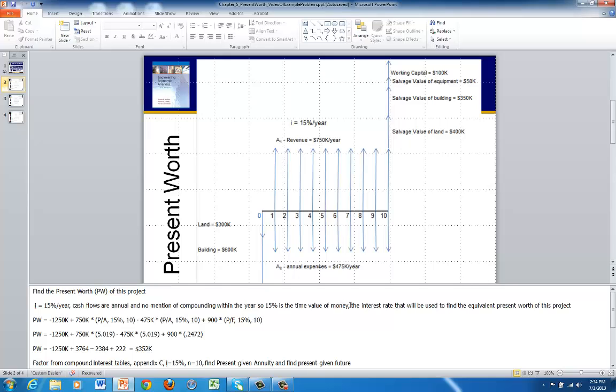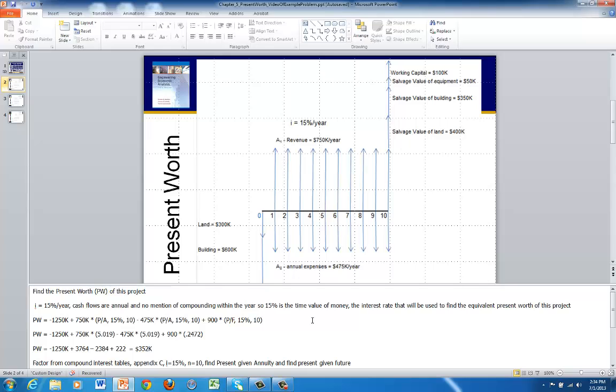And as was stated in the problem, it's the minimum attractive rate of return. It's the hurdle rate, so we'll use that as our I. MARR is basically your I, your interest rate, to find the present worth of this project. So we set it up very similarly to the way we have the other ones, only now we